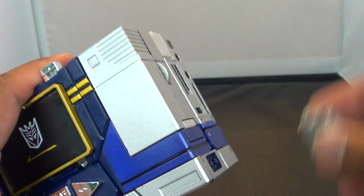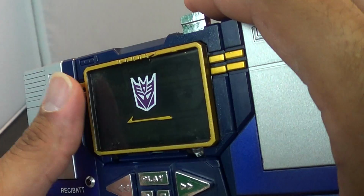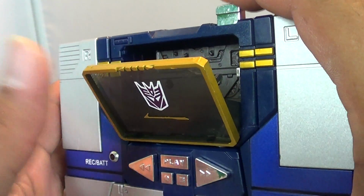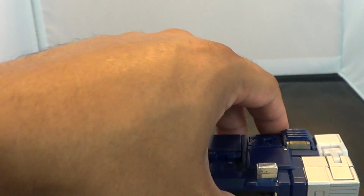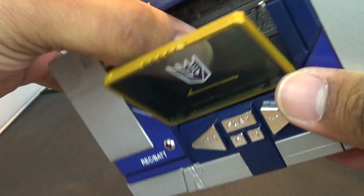Doesn't really seem like something that's necessary. So he has this little hand blaster here, which I'll show off later. But anyway, yes, very cool, dude. I should have left some of the cassettes in cassette mode, because what happens is you can store 3 cassettes